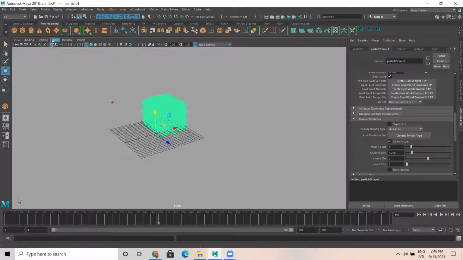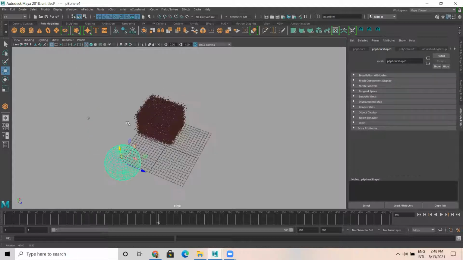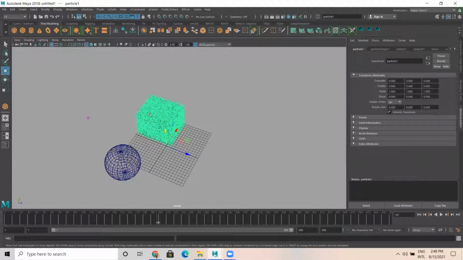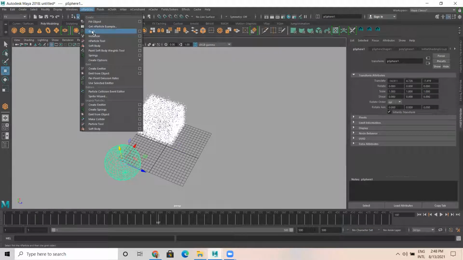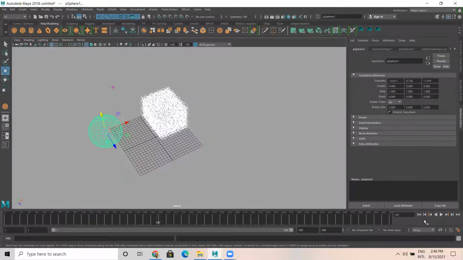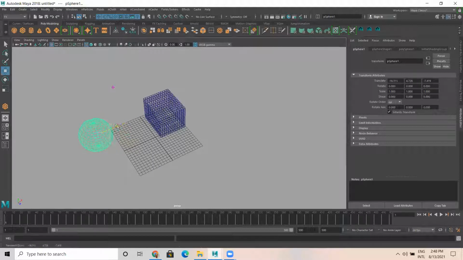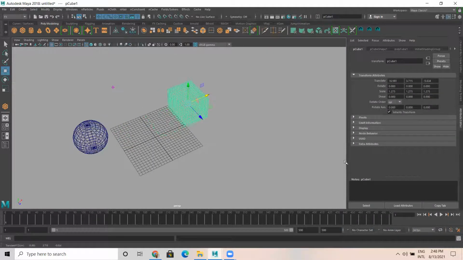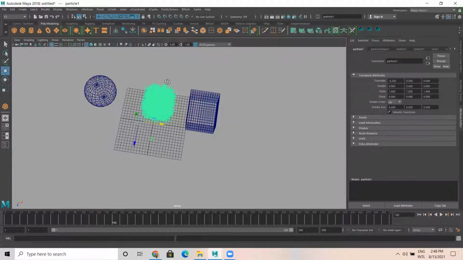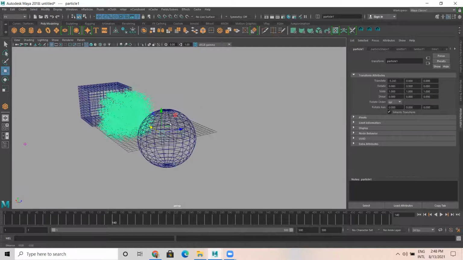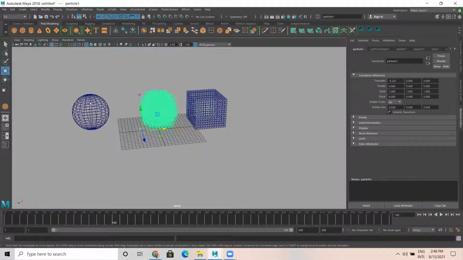Similarly, I have another object, a sphere. I want this particle to link to this particular object also. So same thing: select the particle, select the object, go to the particle menu, give goal. Once we give goal, what happens here? There are two different shapes, one is a sphere, another is a cube. Now the particle is getting confused whether to form into a sphere or a cube, because this particular particle's goal is the cube as well as the sphere.